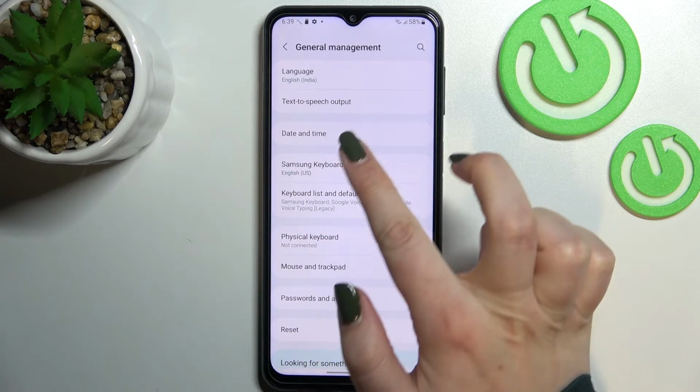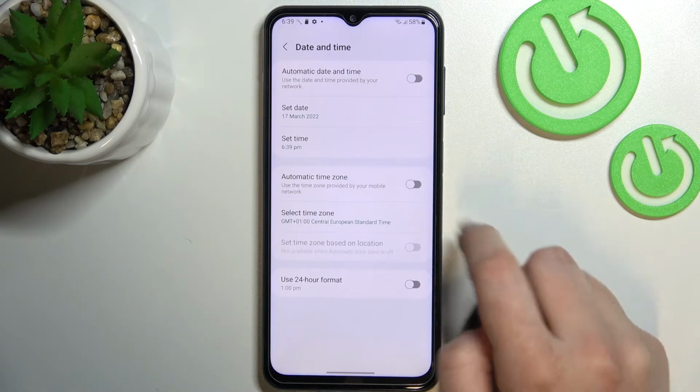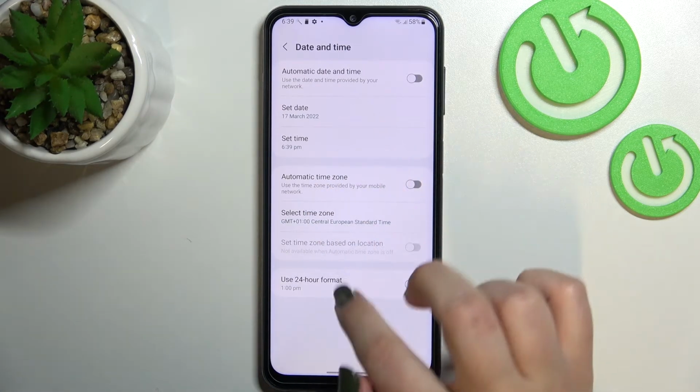On the third position we've got date and time, so let's enter, and as you can see, actually right now we cannot customize the date and time manually. It is because we've got automatic date and time and of course time zone option applied. So first of all we have to turn off both of those options,